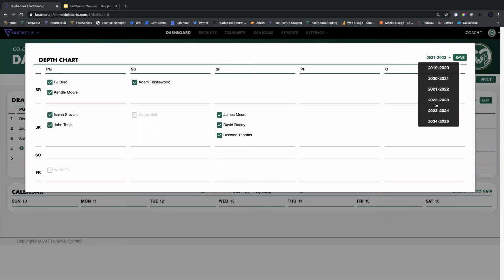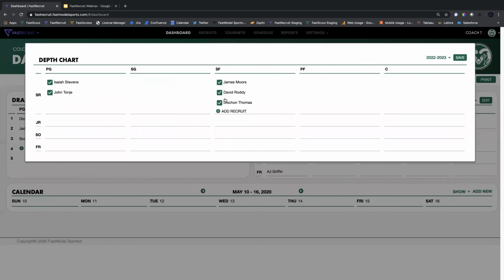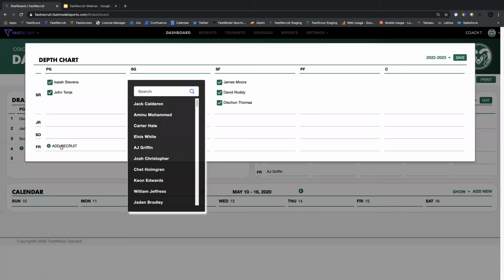Similarly, if I want to start updating my depth chart for future years, I can simply go to the future year. So in this case, I'm on the 21-22 season. I can now go to the 22-23 season. My seniors will fall off, and now I can go in and add freshmen that I may or may not have committed, or verbal commits if you would like to track that, onto your depth chart or potential depth chart for that season. Simply add recruit, type their name,